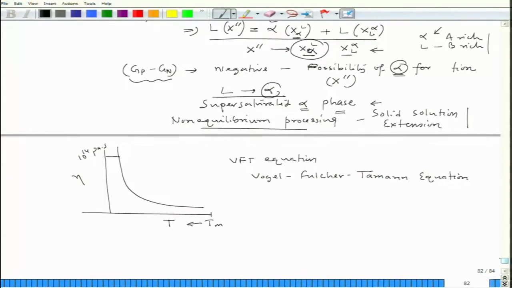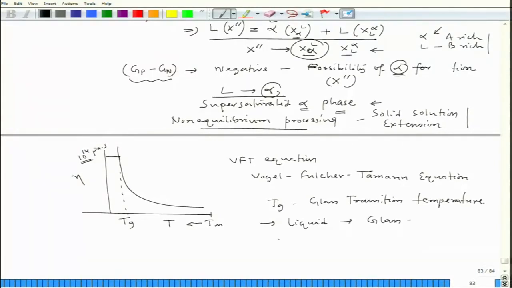So, since we are dropping the temperature, viscosity is going up, and then finally we reach a viscosity around 10 to the power 14 pascal seconds, and then shear movement of atoms stops, and that time we get one particular temperature which is called Tg, or glass transition temperature, and the liquid will convert to glass, so that means the liquid structure is maintained in glass, and we define it as